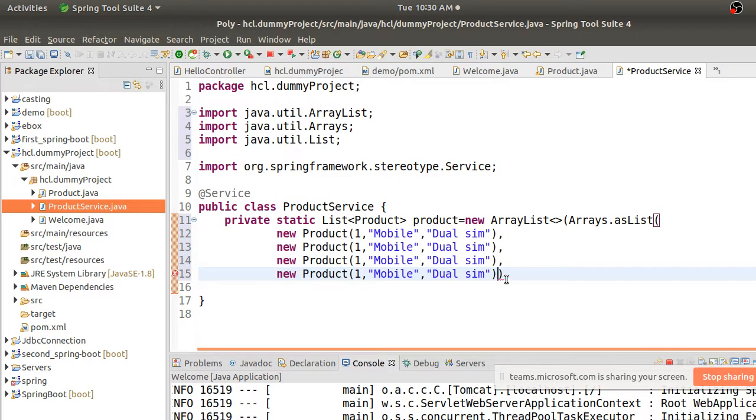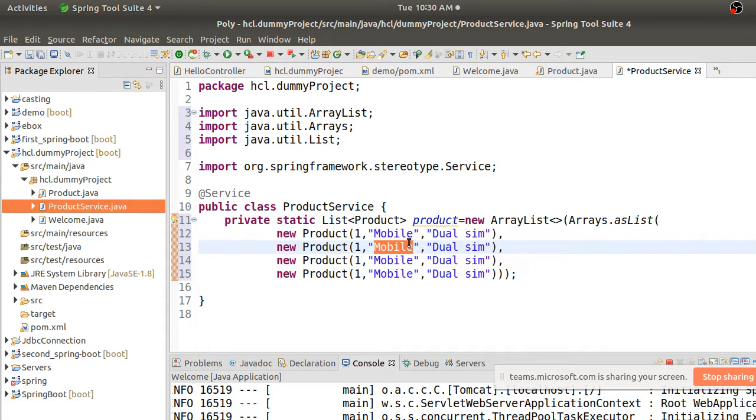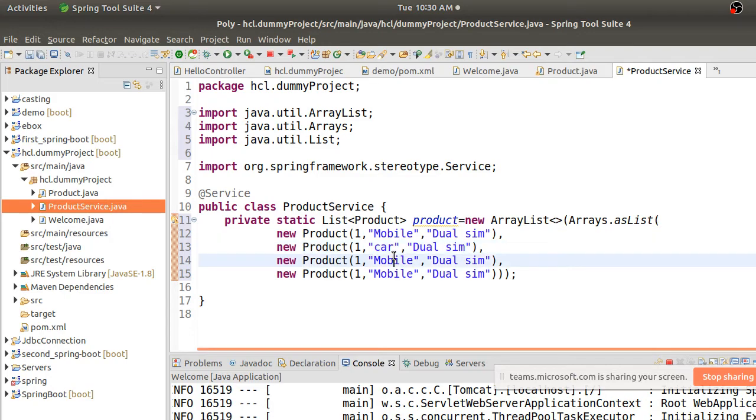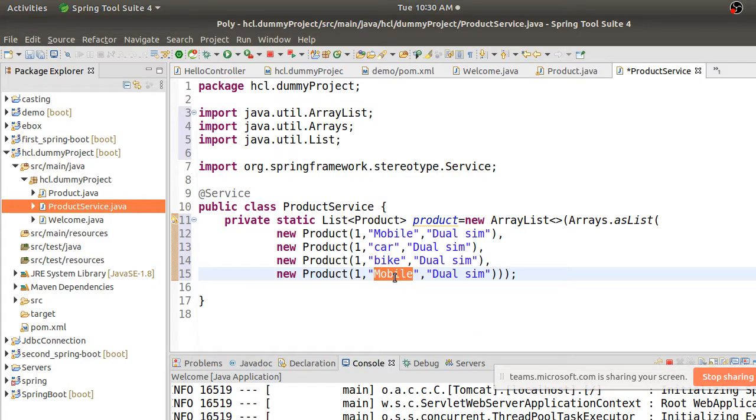So for now I'll just add 4 products. Say I have mobile, I have car, I have bike, and I have say tab.